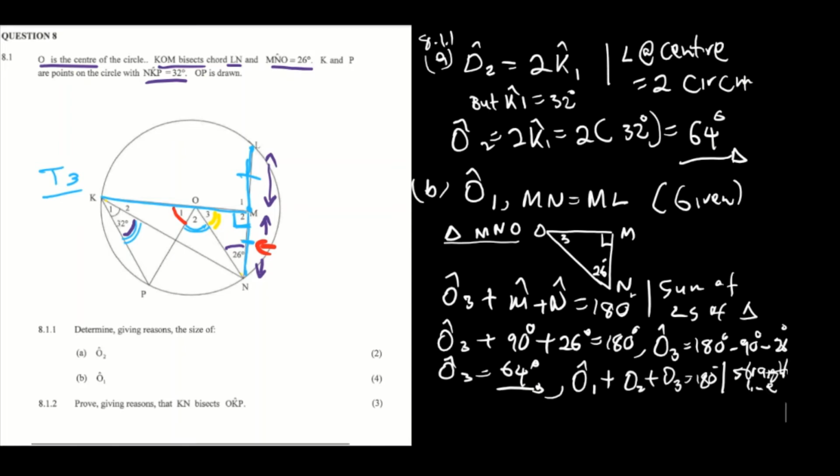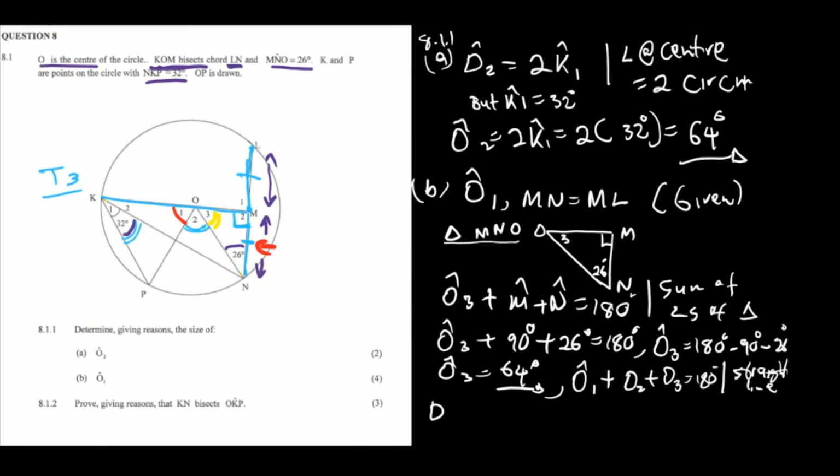Or you can use a statement that was given, which we were told that KOM bisects LN. So this statement here, right? You can just write that. So now